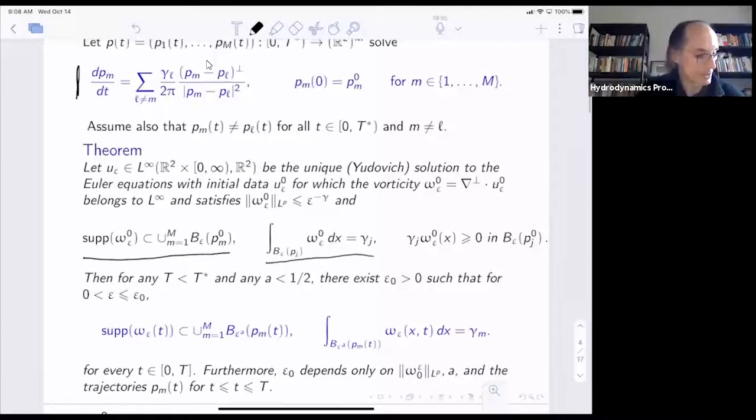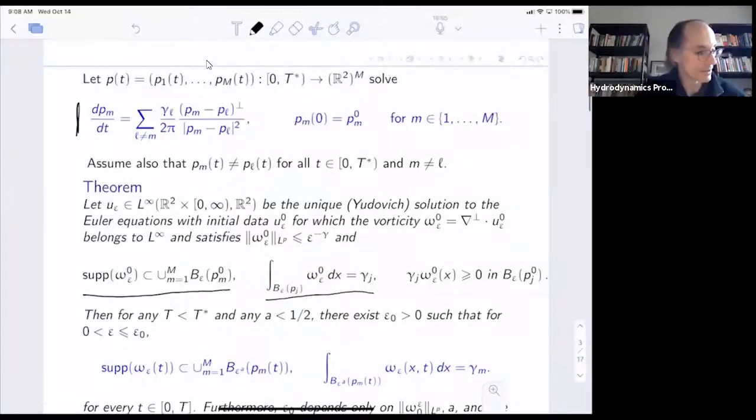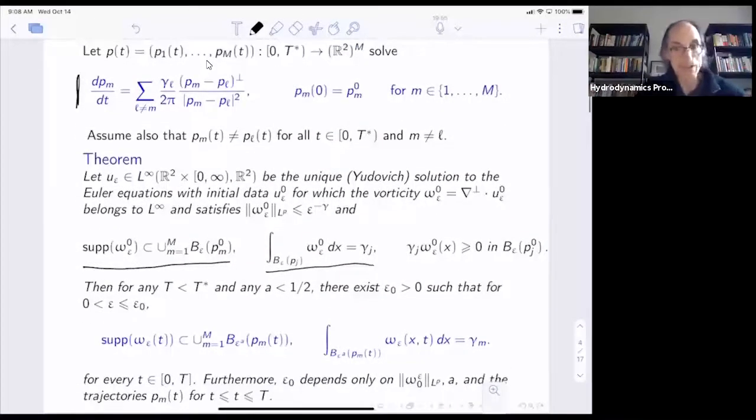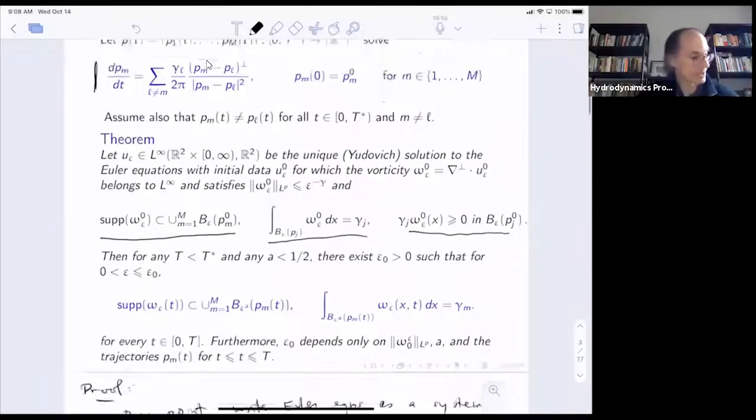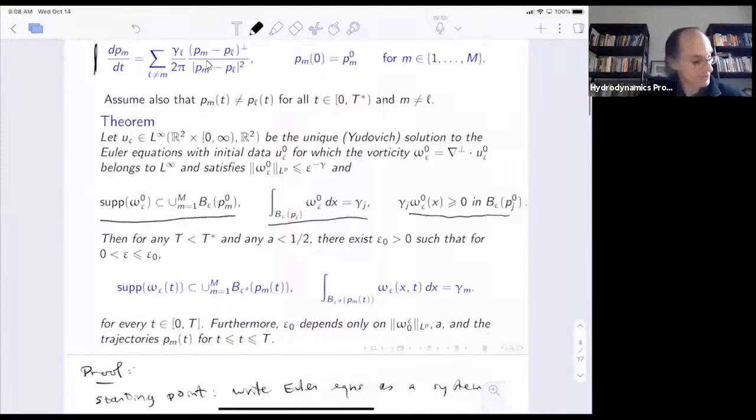So if the amount of vorticity in the jth ball is gamma_j, the amount corresponding to this constant up here, and if the vorticity doesn't change sign in any of these balls,